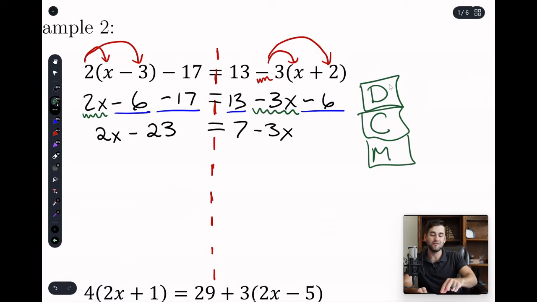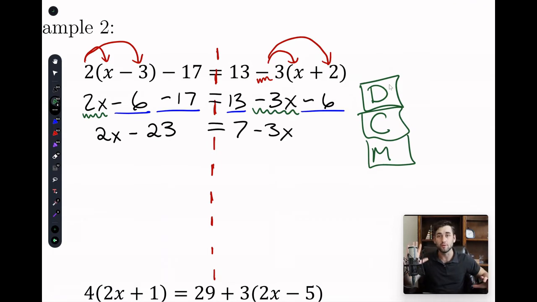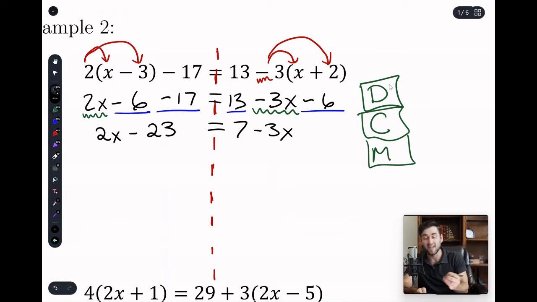Now, it doesn't have to be perfect. I'm not going to make you do left to right. When I was teaching 9th graders, 8th graders, they had to do left to right. But you can do whatever you want to do, whatever looks like it's going to be easiest. I like to get rid of the negative sign. And if I look at this problem, I say, how do I move that 3x to get the negative away? I'm going to be adding 3x to both sides.